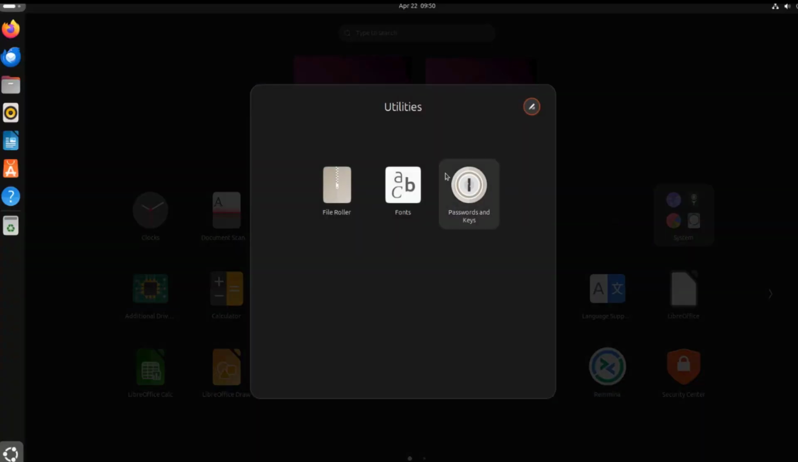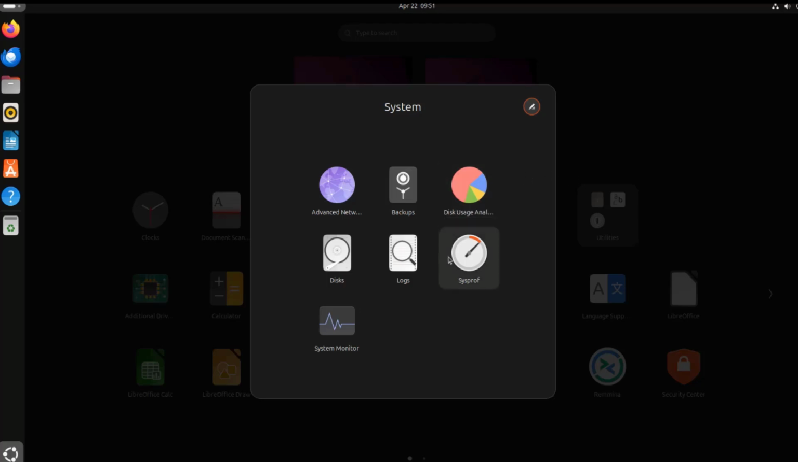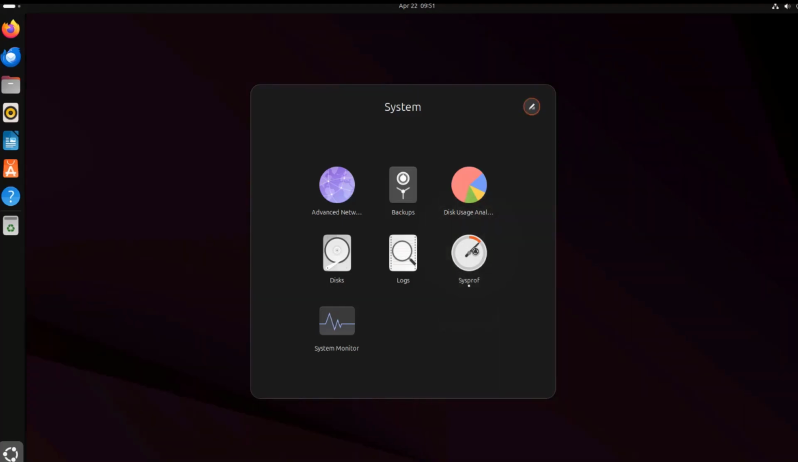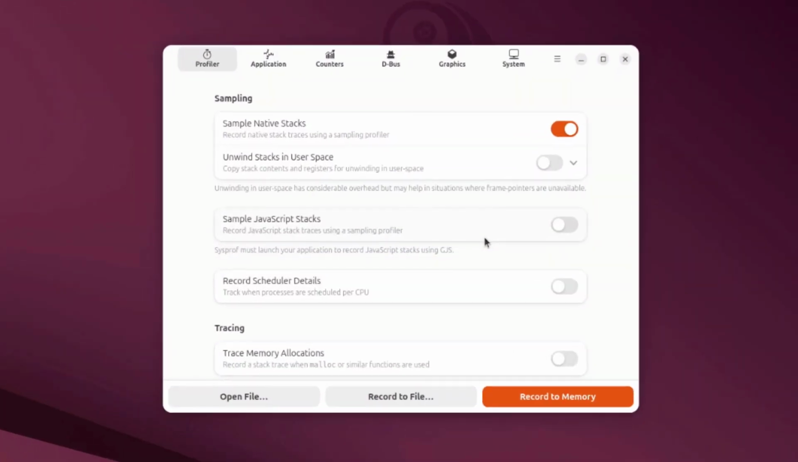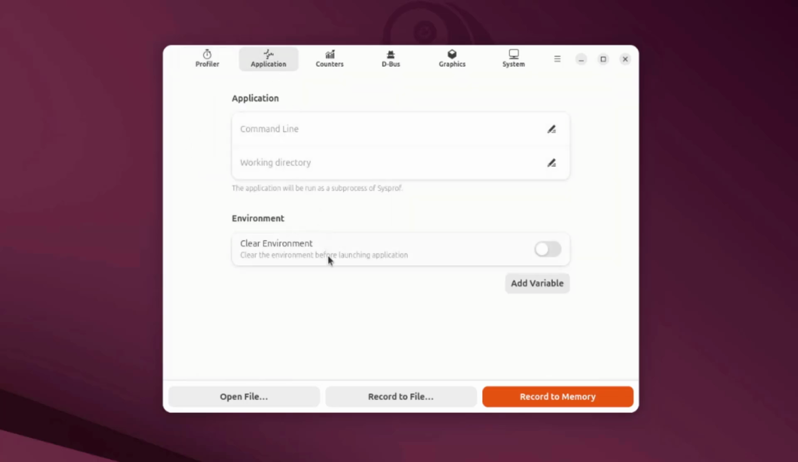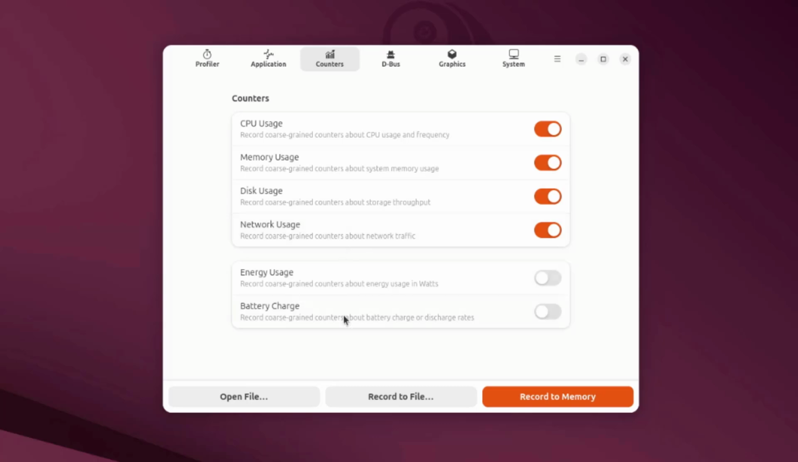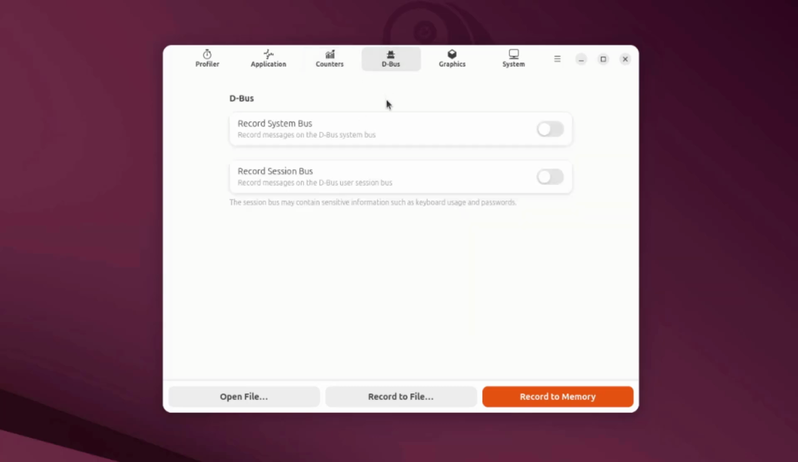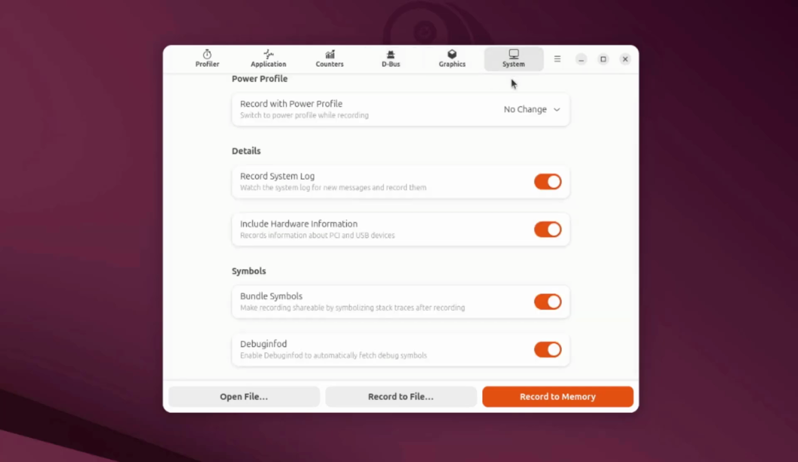I'll open utilities. This is system. These are some of the apps. I'll open the sysprof app. So there's profiler, application, counters, dbus. This is graphics, system,